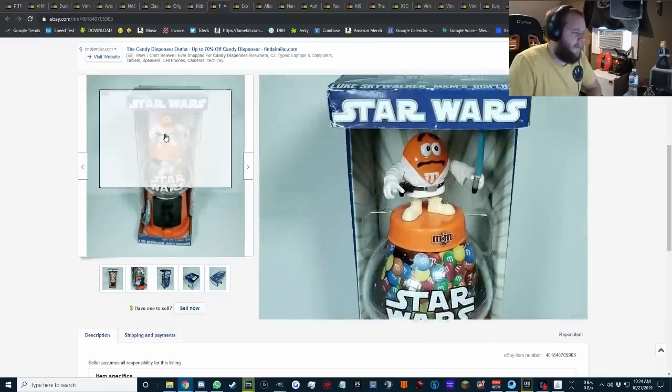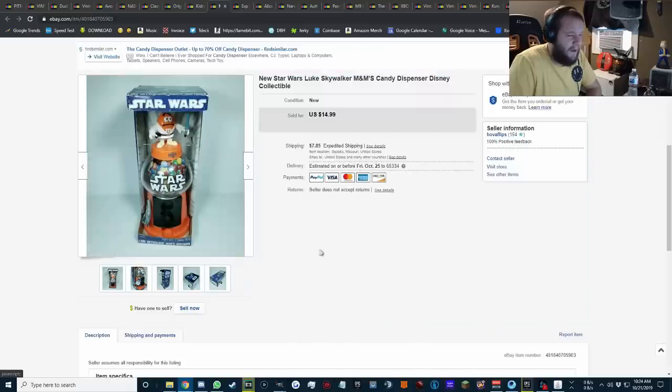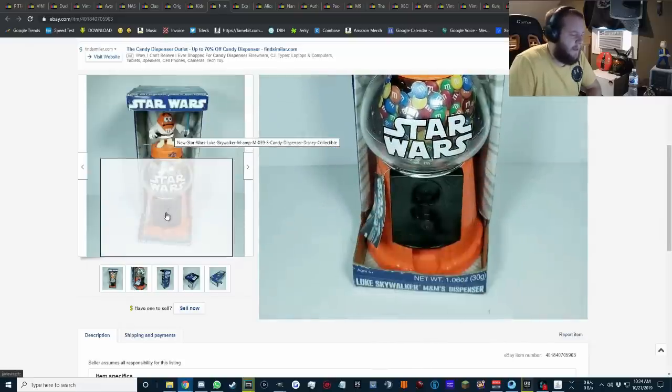Star Wars M&M dispenser. I bought this at a yard sale, I want to say for $1. I didn't spend much on it at all, but I thought with Luke Skywalker up on the top and it being, you know,